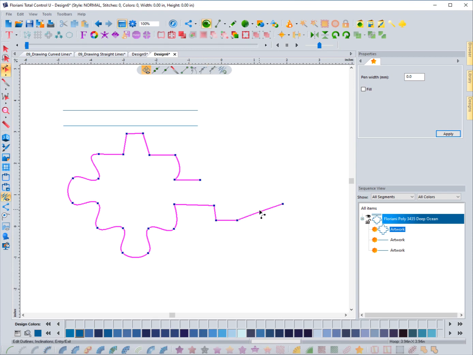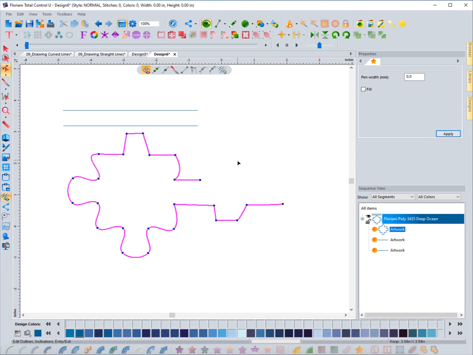So I just deleted it by hitting delete on my keyboard. I'm going to choose to add point, and you'll see that it always adds it as a curved or symmetrical node. Let's see what type it is. It is a smooth node. And so